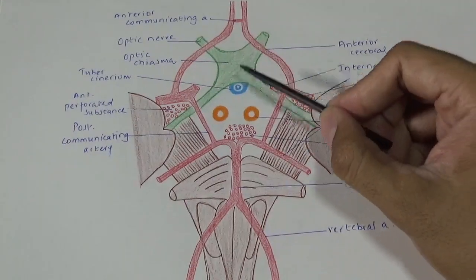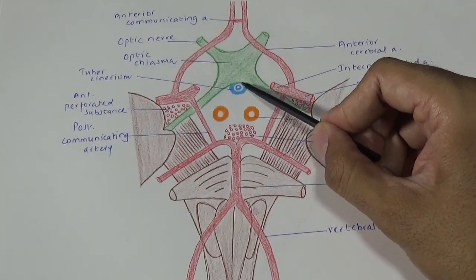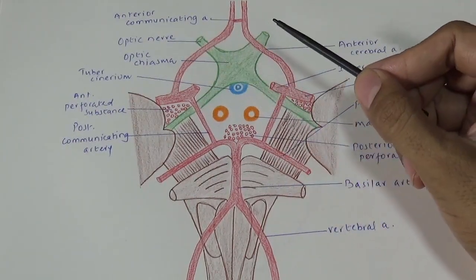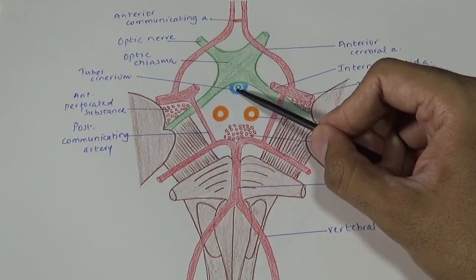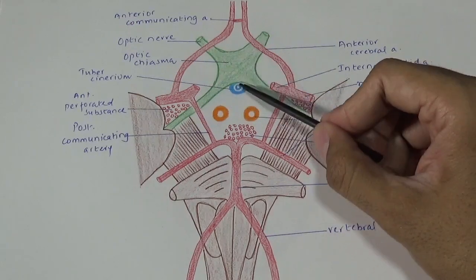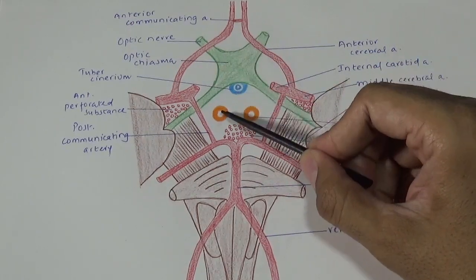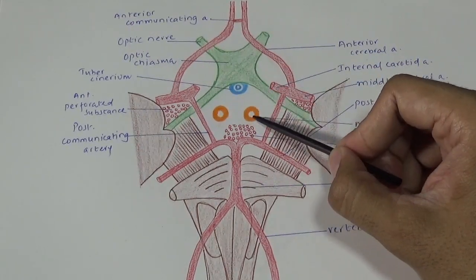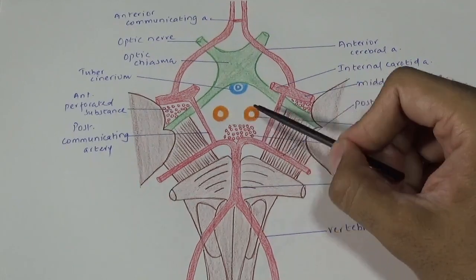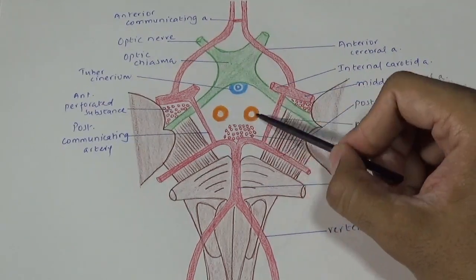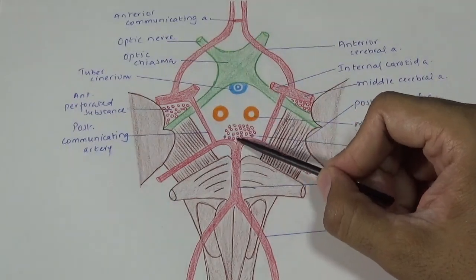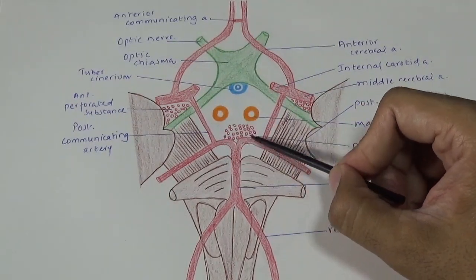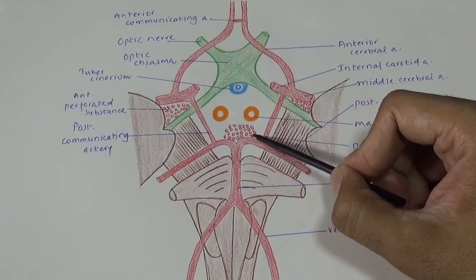From before backward, this is tuber cinereum and infundibulum, part and parcel of hypothalamus, particularly the infundibulum. When it passes through diaphragma sellae, it is continuous with neurohypophysis. Posteriorly, you can see two small sessile nodular structures. These are mammillary bodies, again part and parcel of hypothalamus. And still behind, there is a perforated substance. It is termed as posterior perforated substance